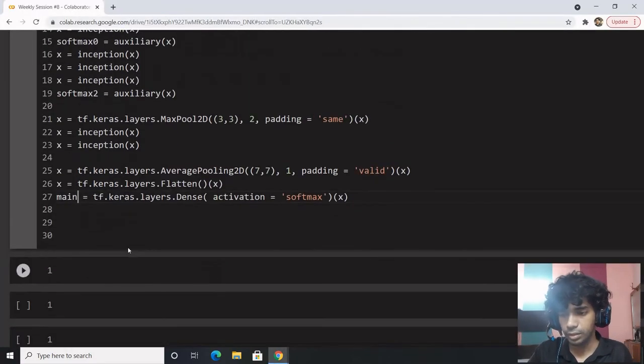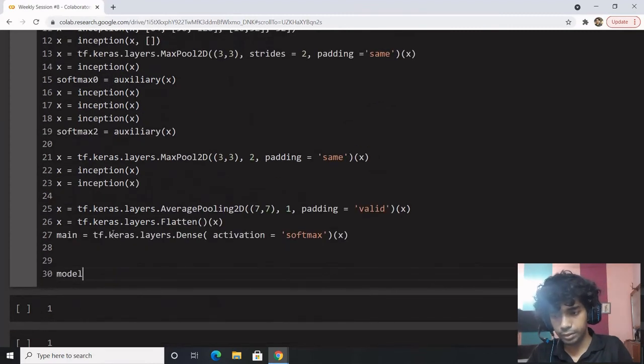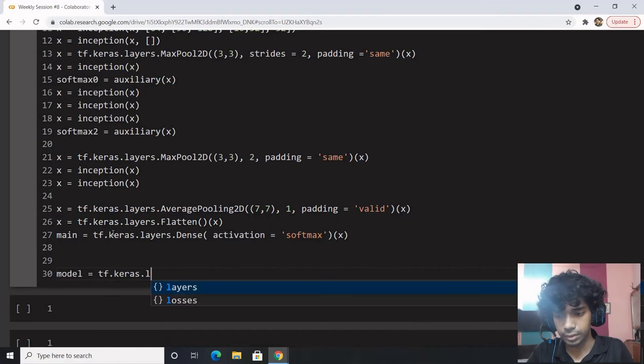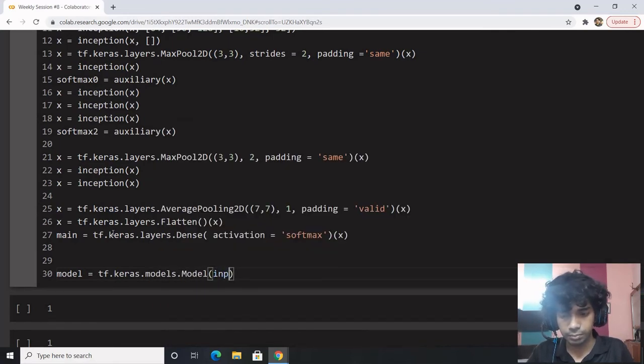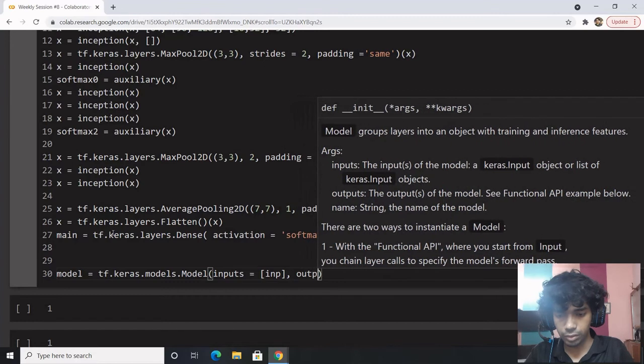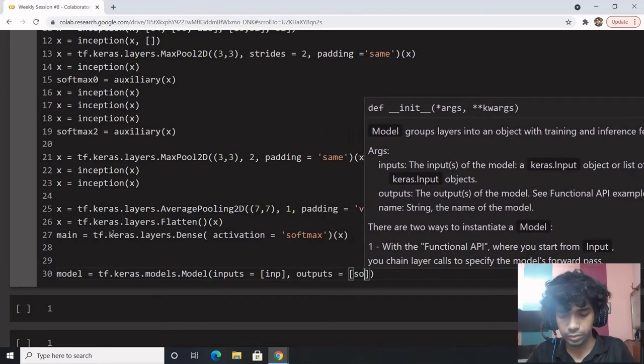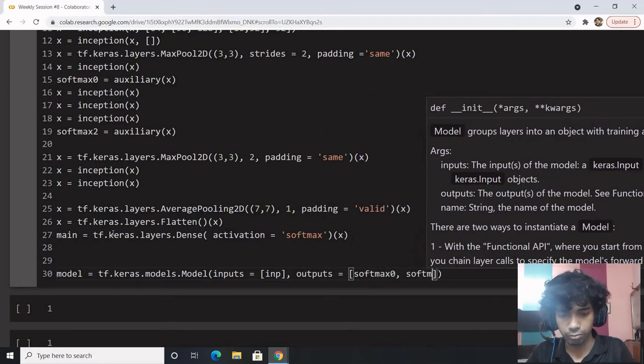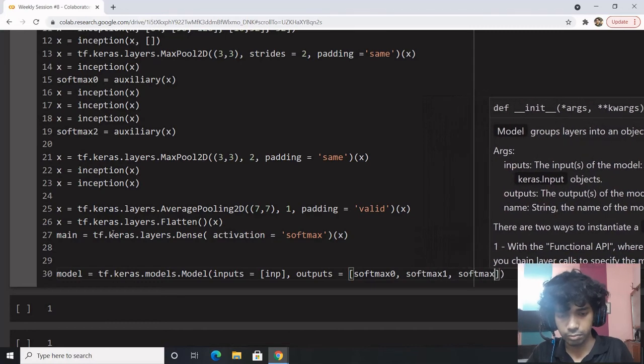Right. So the final model would be model equals tf.keras.models.Model, inputs equals input, outputs equals softmax 0, softmax 1, softmax 2.